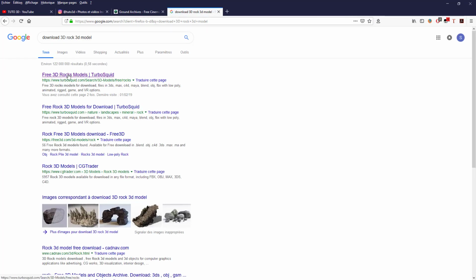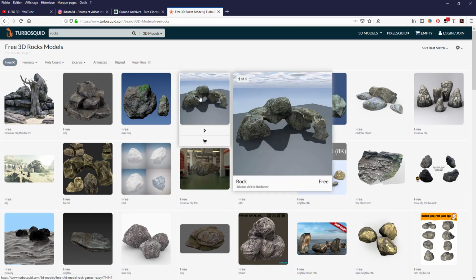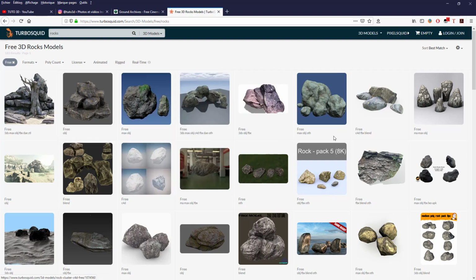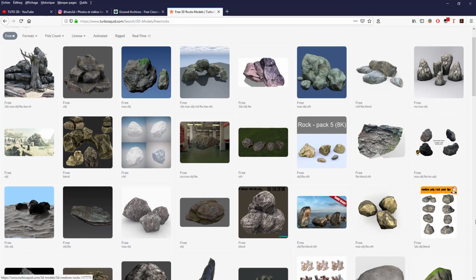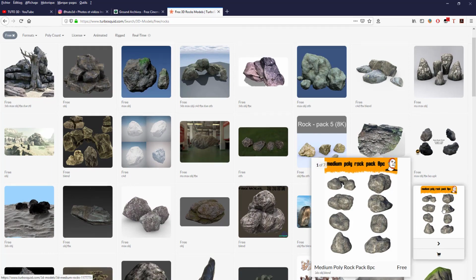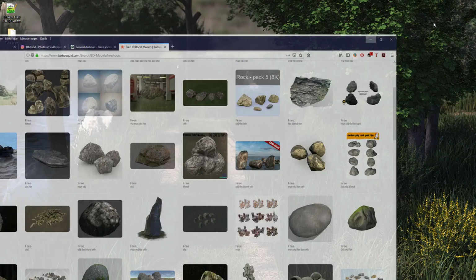Go on TurboSquid, and you will find free rocks everywhere. For the tutorial you can use maybe this one, or this one, you can choose, no problem. You see here there is like a pack, maybe take this one, cool. I don't know, you can choose the rock that you like, no problem.